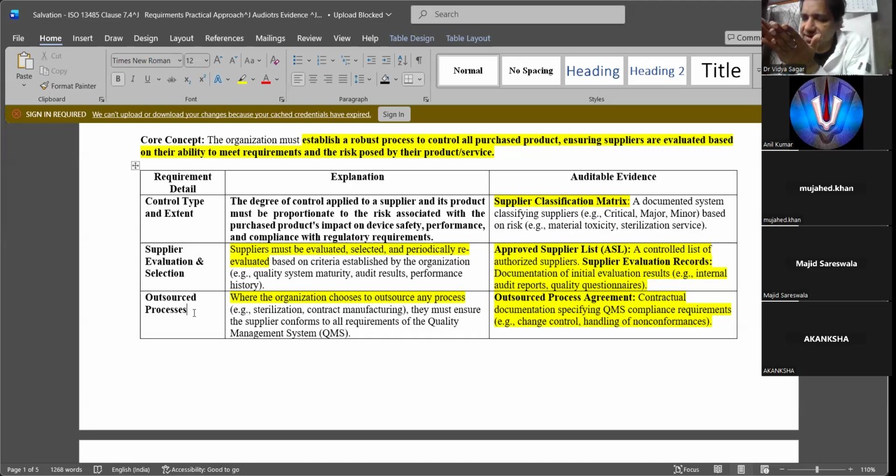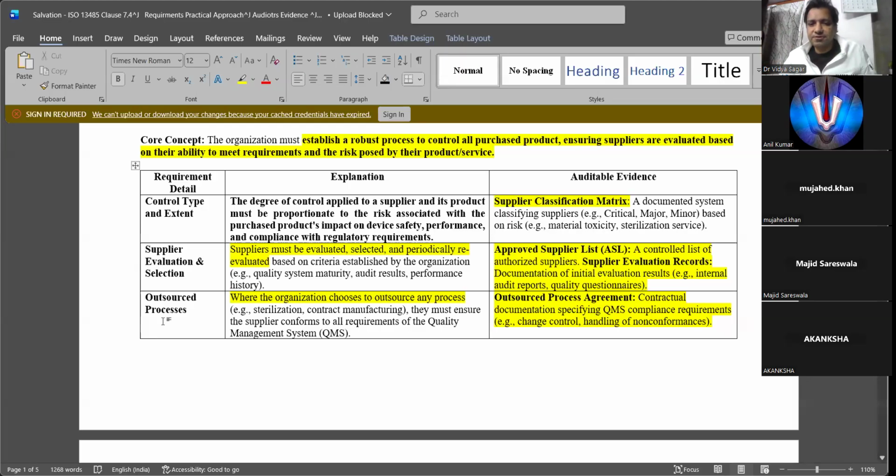Any change that is happening in the sterilization unit or in the raw material supplier or component supplier which you are outsourcing, he has to immediately inform the manufacturer. If he changes the location of the sterilizer from one room to the other, you need to be informed. Any little change in the manufacturing process, from raw material to sterilization, he needs to inform.